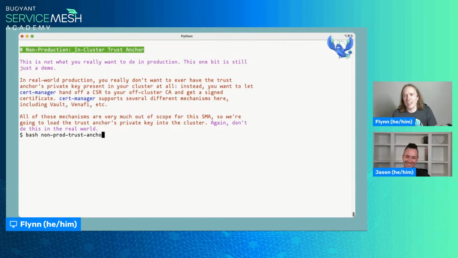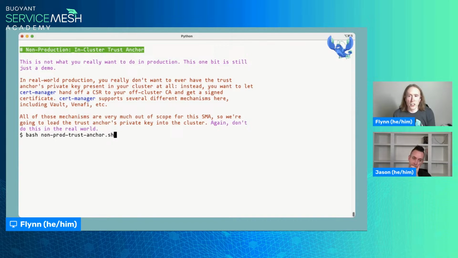All right, so we got Cert Manager going. We are now going to do the most non-production thing in our Linkerd in production workshop, which is that we are going to set up a horrible self-signed trust anchor and save it in the cluster, which is exactly what we said not to do. And yeah, I'm sorry about that.